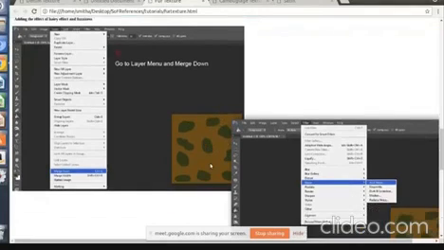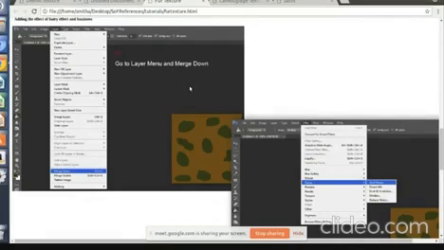Now if you want, you can add an outline to these spots. Okay, but that's optional. If you want to add an outline, then you have to go to the layer menu, Layer Style. Open Layer Style. It will open the layer style dialog box, and you have to select the Stroke option.